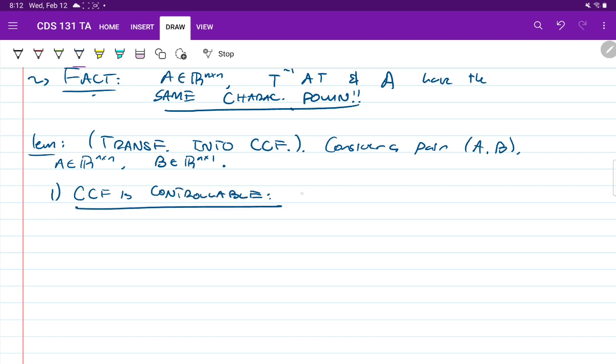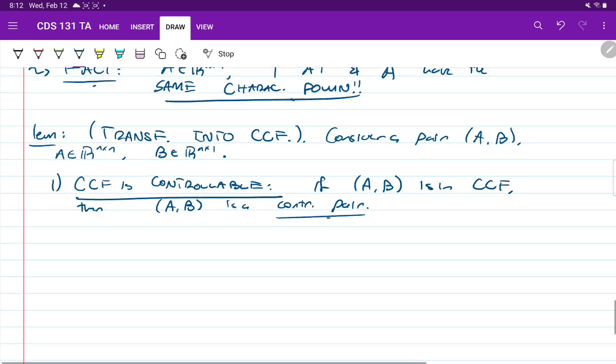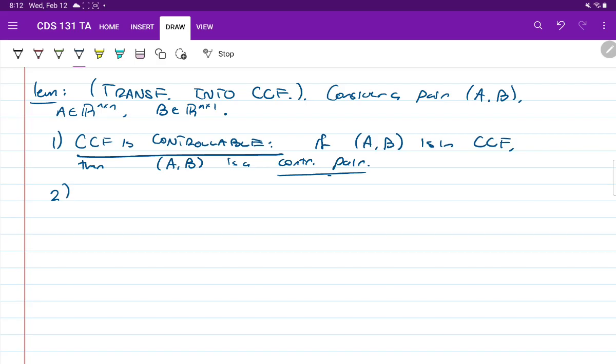Okay? So if A comma B is in controllable canonical form, then A, B is a controllable pair. So CCF implies that you are controllable. Now second, we have transformation into controllable canonical form. So what this says is that A comma B is a controllable pair